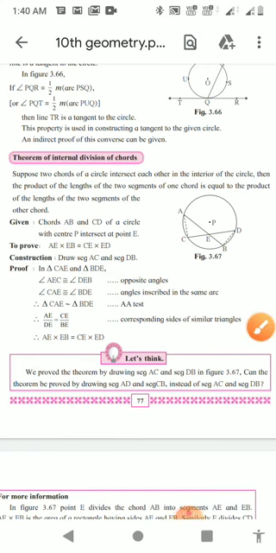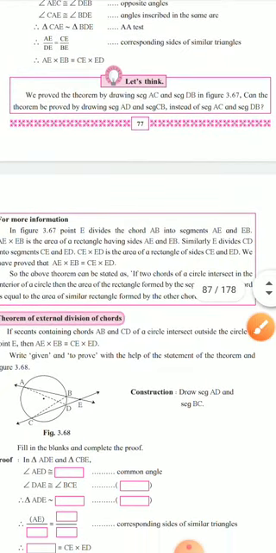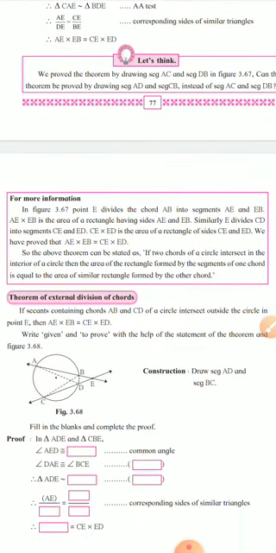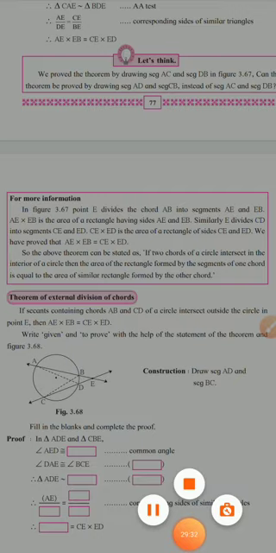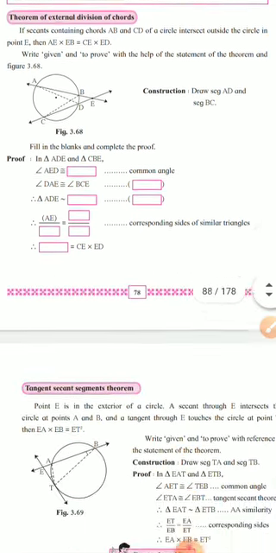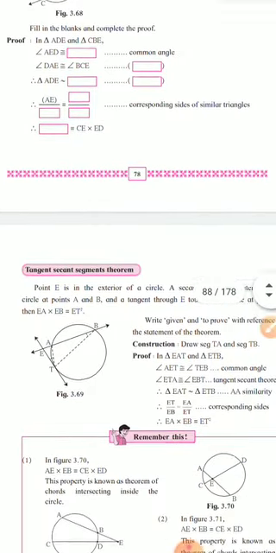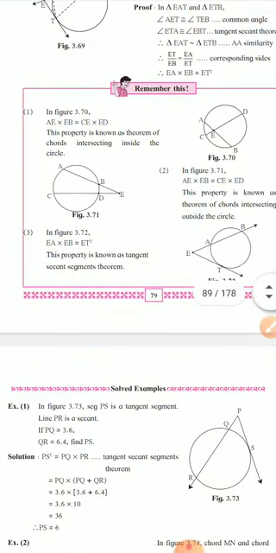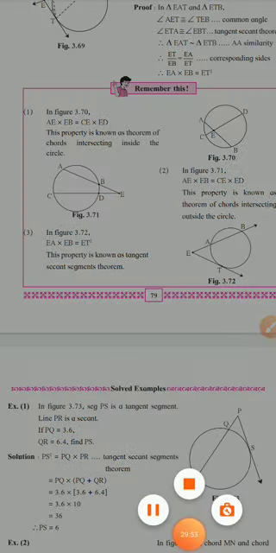In our next session, we are going to study the theorem of external division of chords. So it is quite similar, only the thing is that how the chords are externally divided we have to prove in that theorem. Okay, so based on this theorem we will solve the problems again. Then only one theorem is remaining, tangent secant theorem, and we will see some solved problems, and we will proceed for the last practice set from this chapter, that is 3.5. Okay. Thank you.